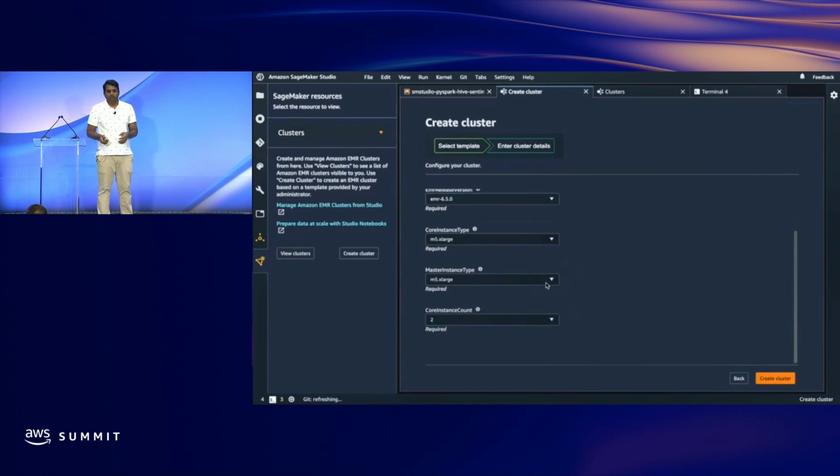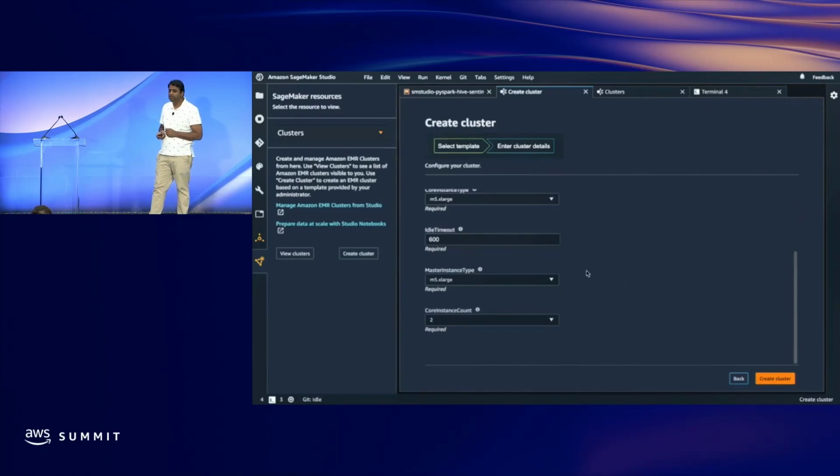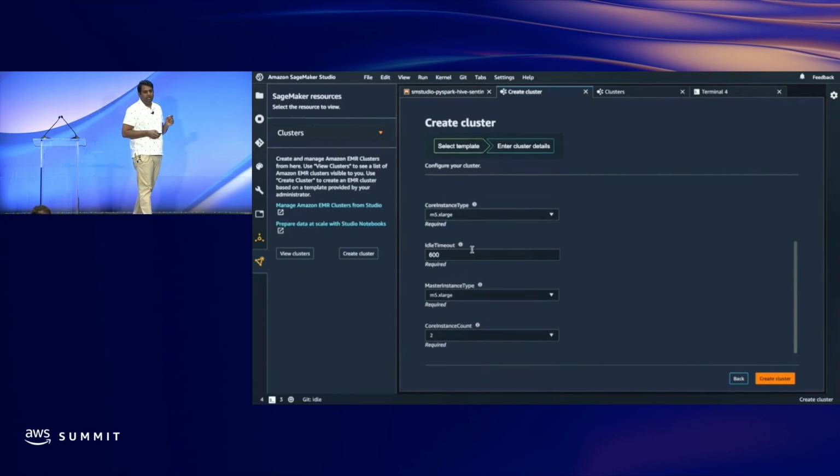Another capability the administrator can choose to expose to the user is the ability to time out an EMR cluster with an idle timeout configuration. So EMR clusters can be spun up, and when they're not being used, they have a capability to auto shut down when they are idle for a certain amount of time. An administrator can either choose to expose this idle timeout to the ML engineer and data scientist to configure, or depending upon their organization requirement, he can totally set that as a default value.